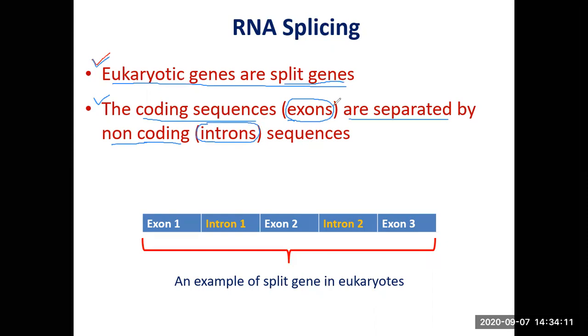In eukaryotes, the coding gene is not just one complete part of the DNA. In fact, in a gene, the coding stretches are separated by non-coding stretches. Non-coding stretches are called introns, and therefore we call these kinds of genes split genes. I have tried to show it over here. So this is exon, the coding part of it, whereas it is separated from the next coding sequence, exon 2, by a non-coding region. That non-coding region is called intron.